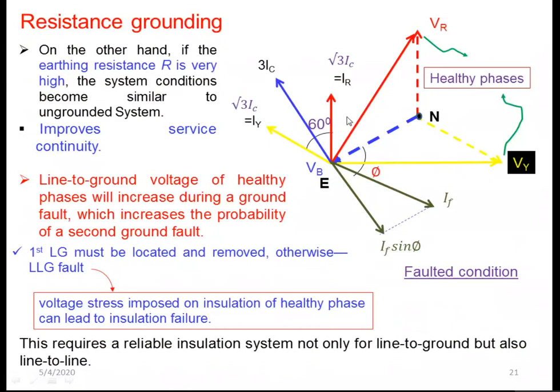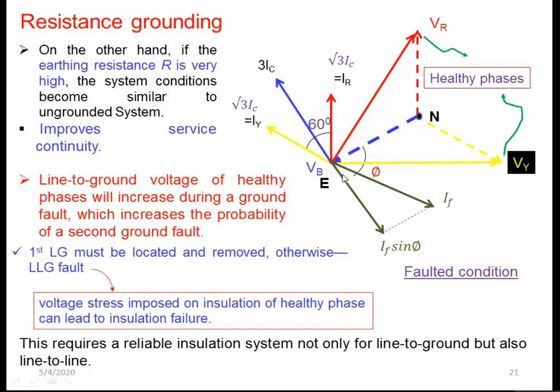And as in the phasor diagram shown here, this rise in the voltage could be equivalent to the line quantity here. Then again, if you refer to this phasor diagram, what we find is that the resultant current which will flow here is actually 3 times the charging current here. And since we have the resistance